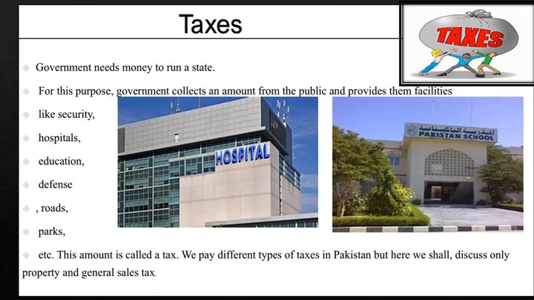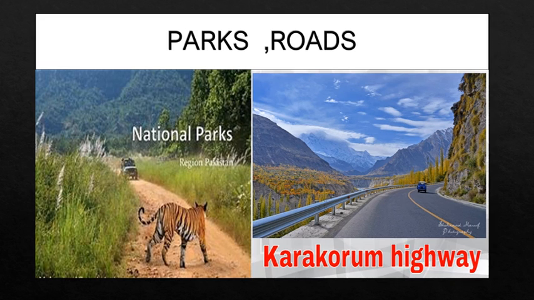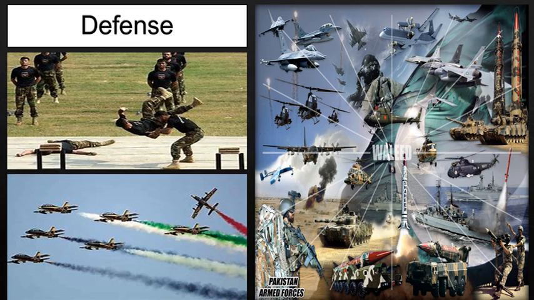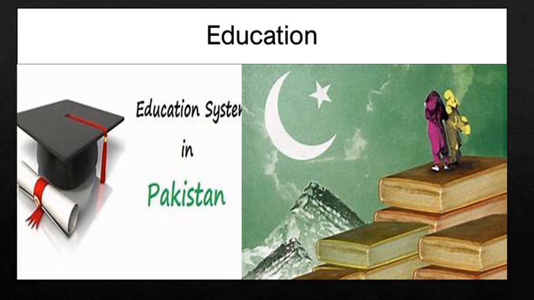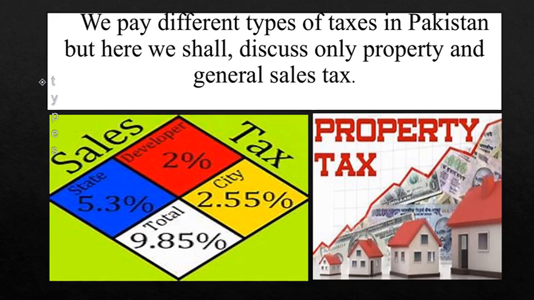Students, the government needs money to run a state. For this purpose, the government collects an amount from the public and provides them facilities like hospitals, education, parks, roads, defense, education. We pay different types of taxes in Pakistan, but here we shall discuss only two types of taxes: property